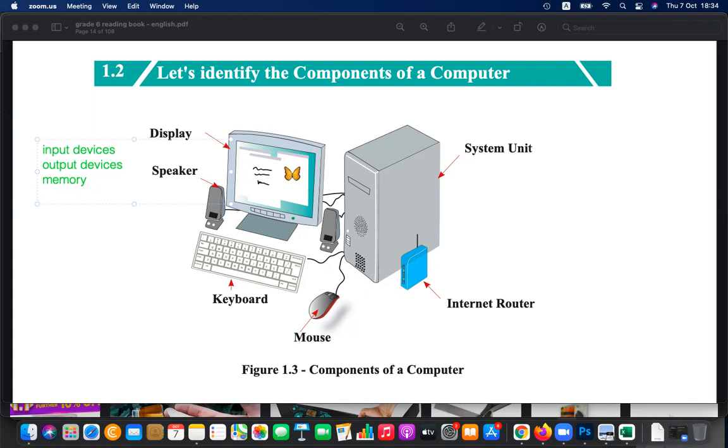Hard disk. Yes, hard disk. The hard disk can be used to store things for a long time. Okay. Then